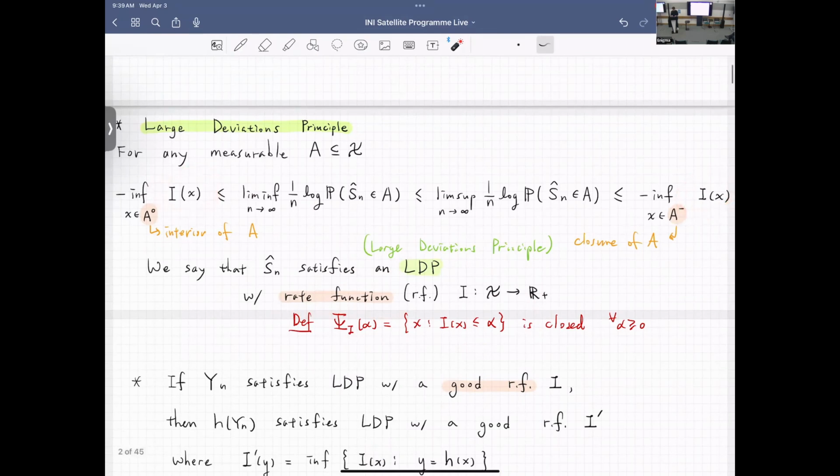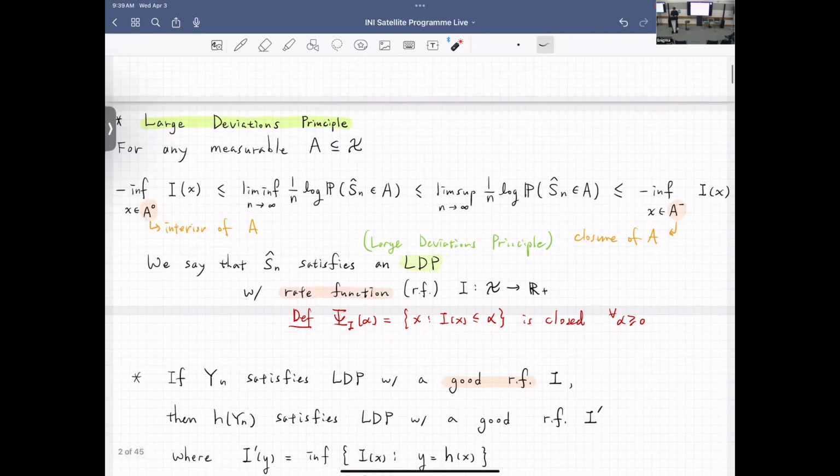It is lower semi-continuity, and this is important because there are some very useful implications that depend on it. In fact, you say that the rate function is good